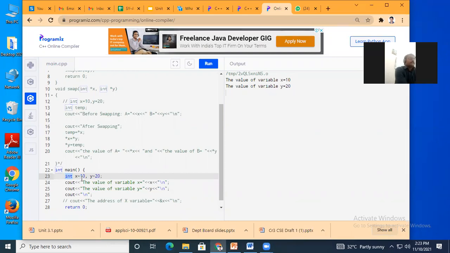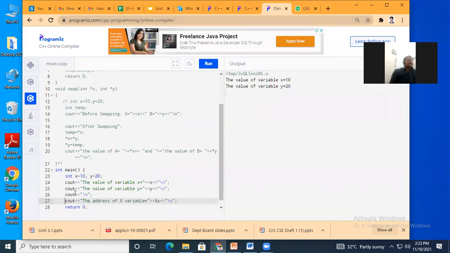So to store the value x equal to 10, I require 4 bytes in the memory. सो मेमरी मध्ये स्टोअर करतोय, मग ती कुठल्या ऍड्रेसला स्टोअर झाली हे मला बघायचं असेल तर मी त्याच्यासाठी काय करणार, सी आउट एक स्टेटमेंट मी प्रिंट करतो आणि तिथे मी काय करतोय एम्परसेंट एक्स, म्हणजेच त्या एक्स व्हेरिएबलचा मेमरी मध्ये ऍड्रेस मी प्रिंट करतोय. जस्ट चेक the address of x variable is equal to, this is the memory address where this 10 is stored.